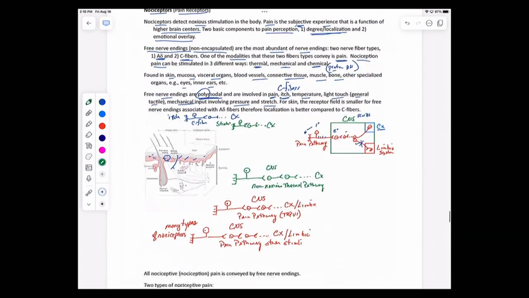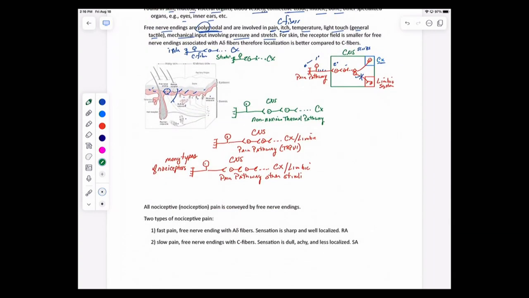So following up on that point, I have a couple of diagrams here for you that I want us to take a look at. The first is this diagram here, the non-noxious thermal pathway. In other words, I'm sensing cold, I'm sensing warm, but we're not getting into any type of pain. So what you would have is, again, your primary sensory neuron. Again, it could be a DRG, it could be a ganglion associated with a cranial nerve, but you're going to have some type of stimulation. It's going to be some thermoreceptor. We talked about that in an earlier lecture. It may be cold, maybe hot.